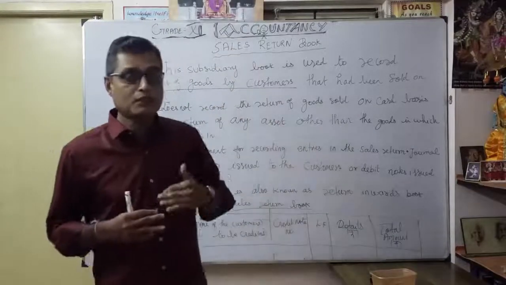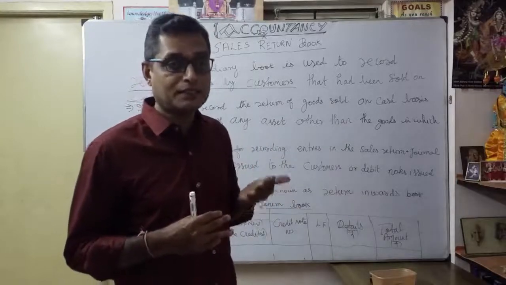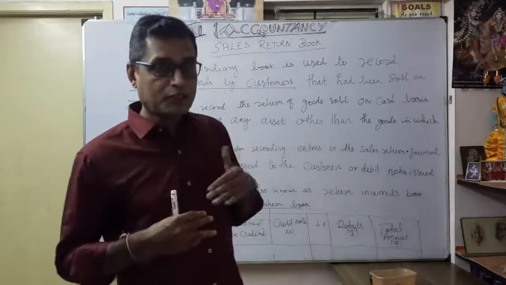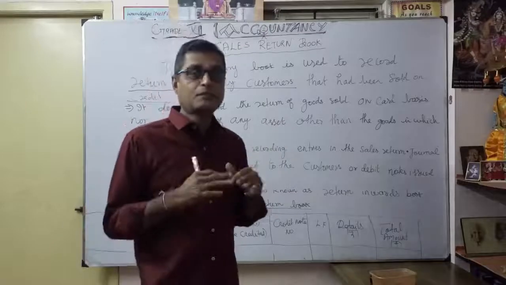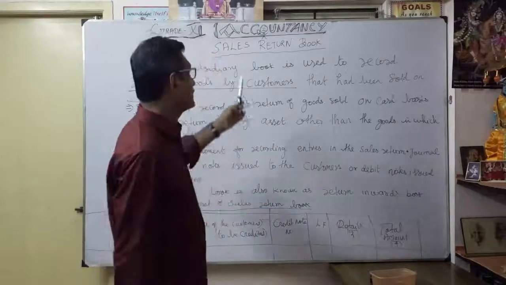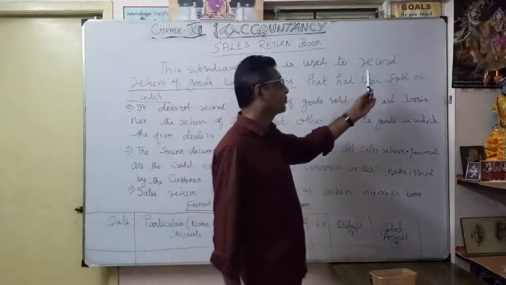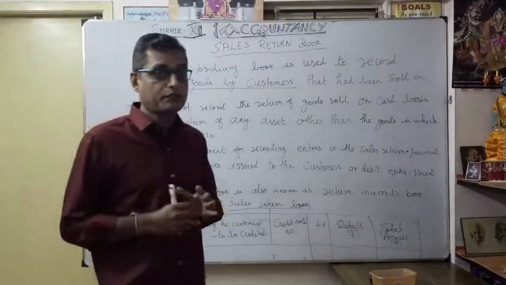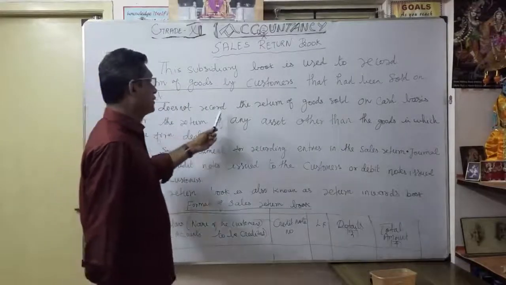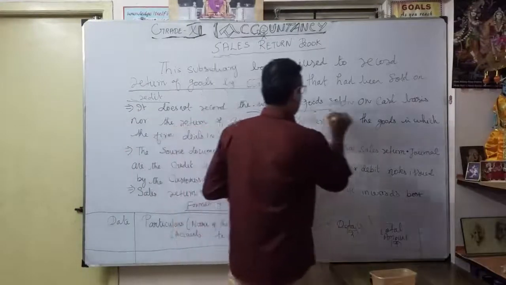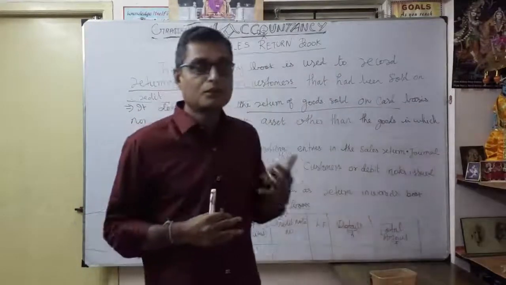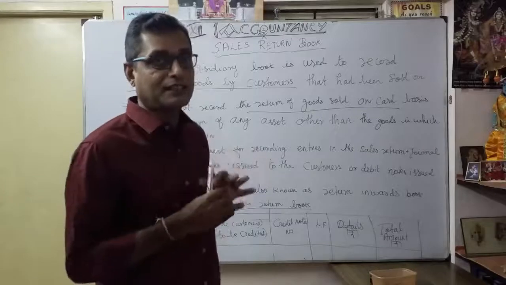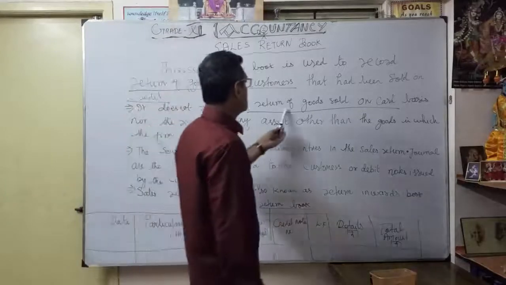Now understood. Just as we recorded in the purchase return book only credit purchases returned to the supplier, in the same manner, what you have sold to the customer and they return back to us, those details are recorded in the sales return book. That's why it is very important that the goods were sold on credit basis. It does not record the return of goods sold on cash. So we are dealing only with credit sales. We consider the return by the customer only for credit sales. So here there is no question of return of goods sold on cash.